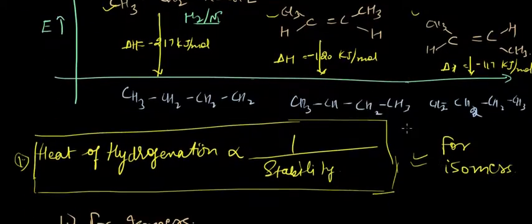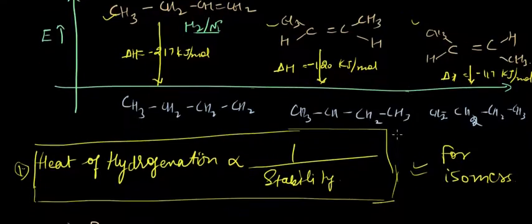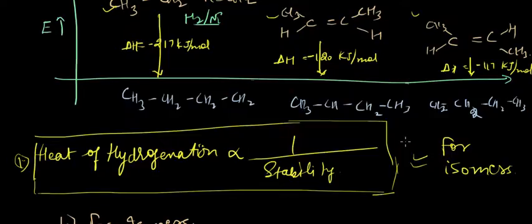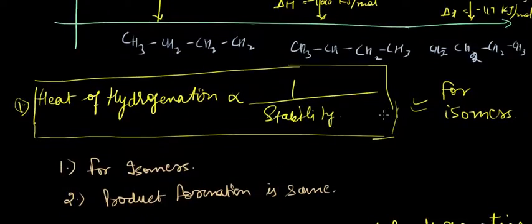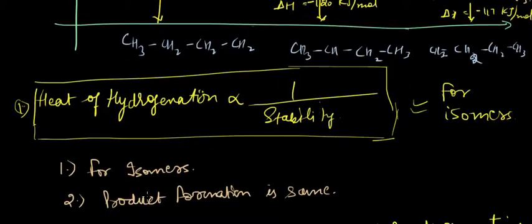What is an isomer? These three are the isomers of butene. We will look into the intricacies of isomerism in upcoming lectures, but for now you can just remember that when we hydrogenate these three compounds, they give the same compound. Or you can just forget about isomers for now and remember it for note making purposes. So just remember the two rules for heat of hydrogenation comparison: this holds for isomers, and product formation should be the same